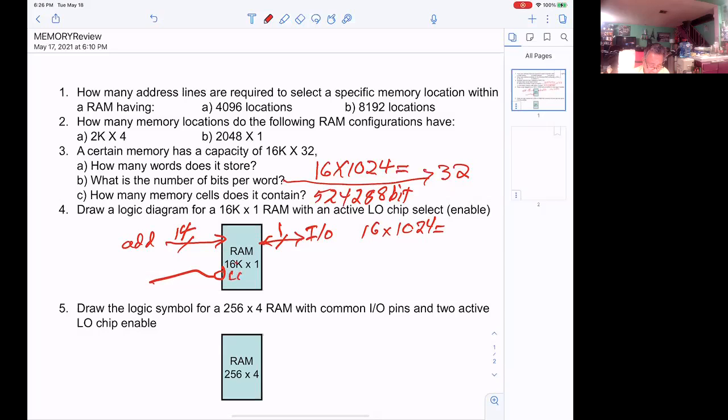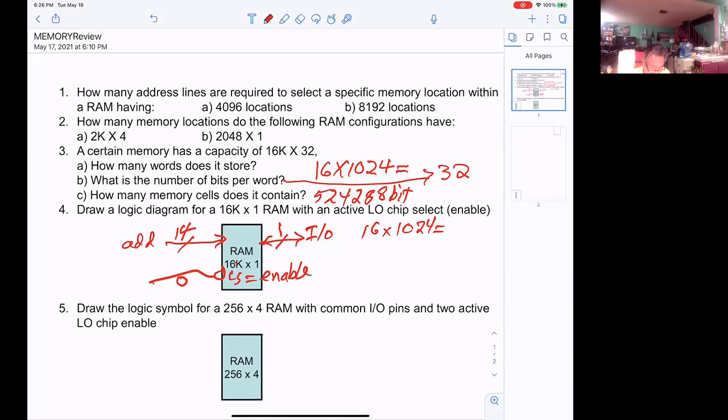They can call it chip select, or they can call it enable. Active low means a 0 here allows you to write data into the memory, okay? And a 0 here allows data to come out of the memory,